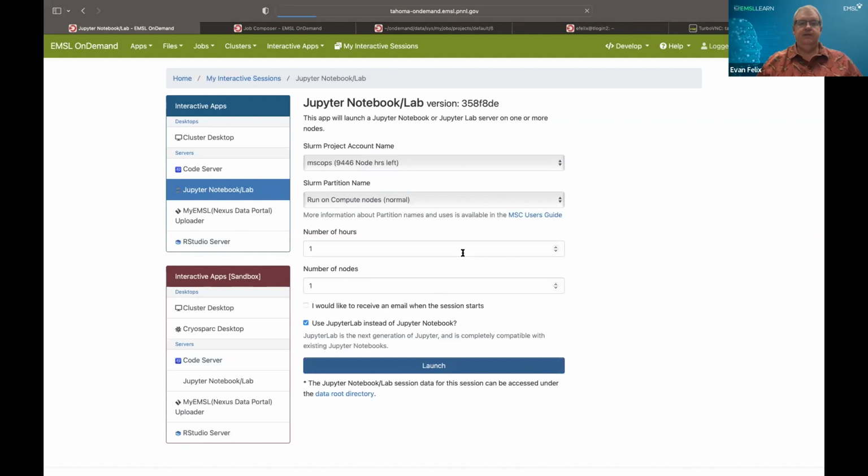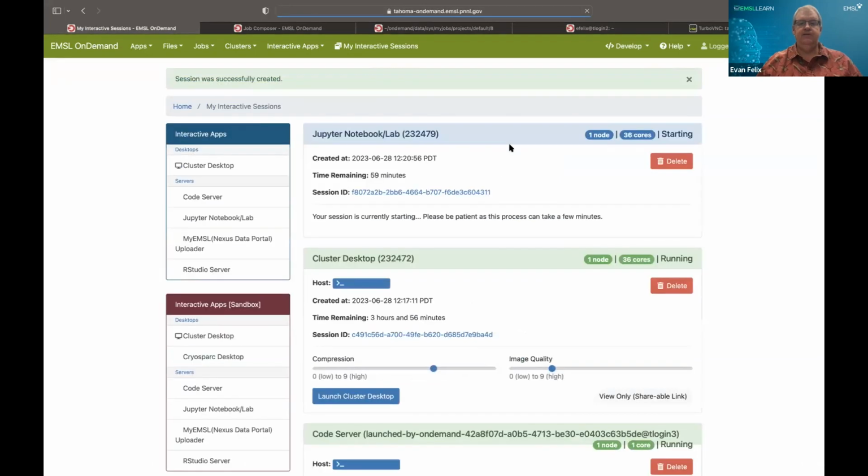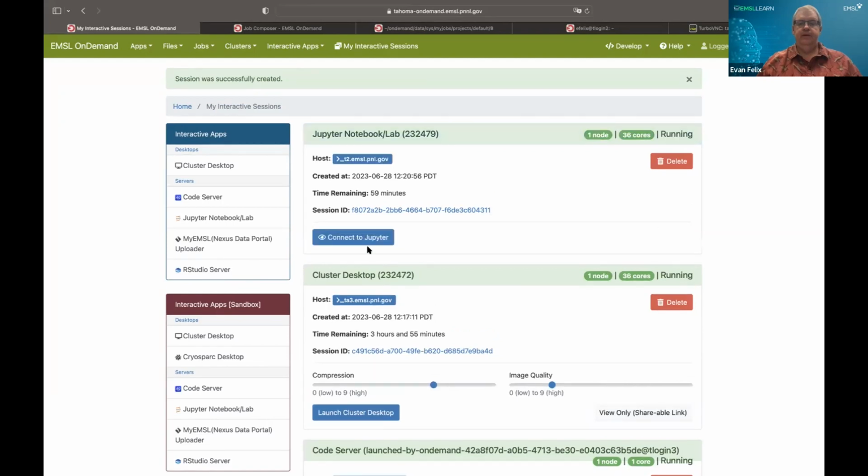Wait a few seconds, and you should get that card that says it's activating. When you click the connect to Jupyter,